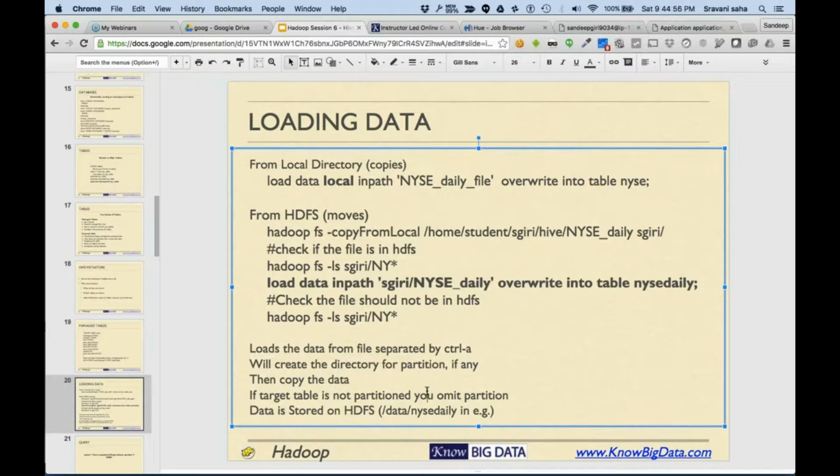When we create a table, it only creates an entry in the metastore. And when we load data into a table, it creates a directory and copies the data you give it, and when we query it, it talks to HDFS and gives back the data. So only the metadata like column name and database name is stored in the metastore. Rest is in HDFS.